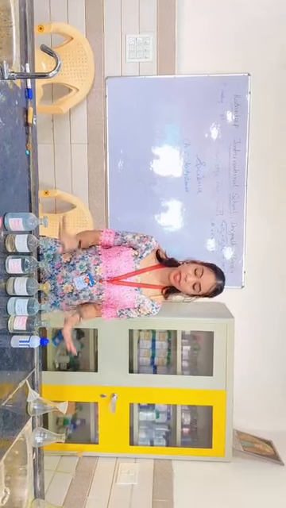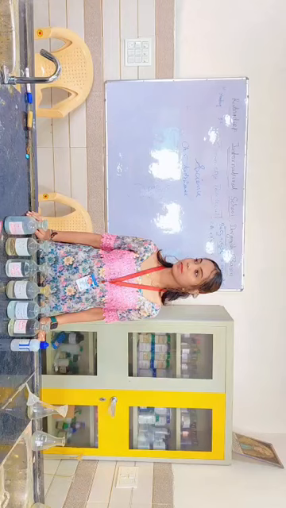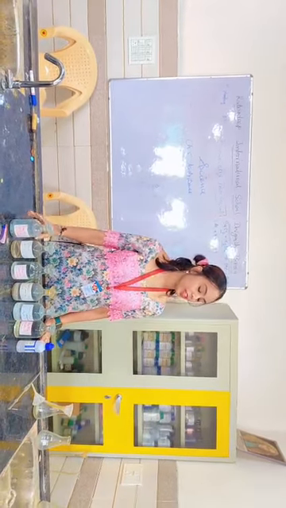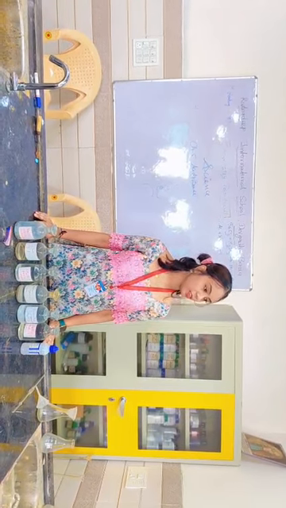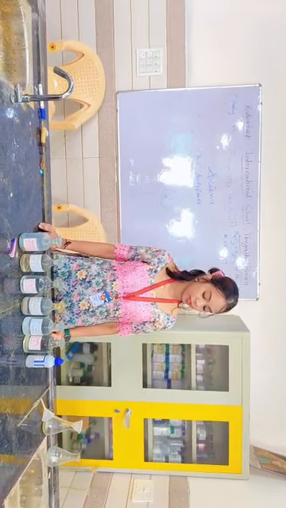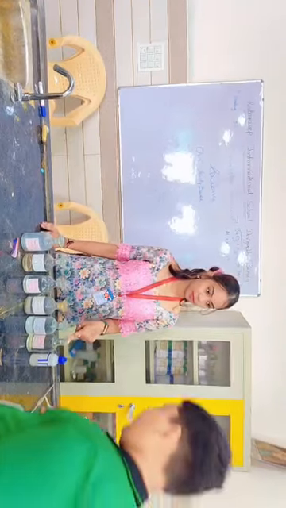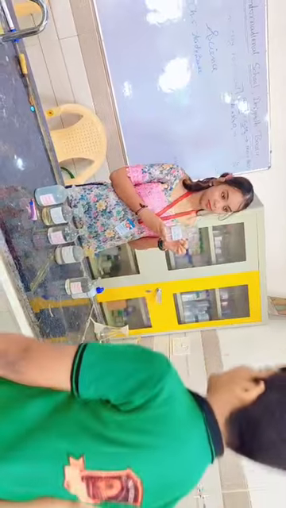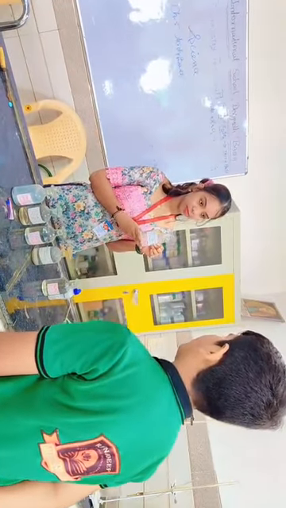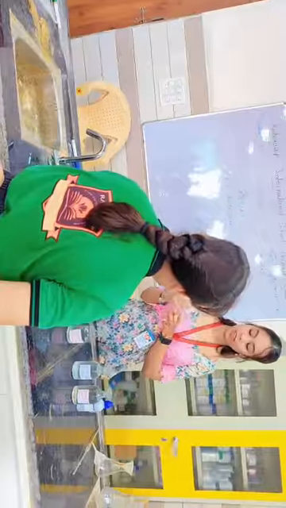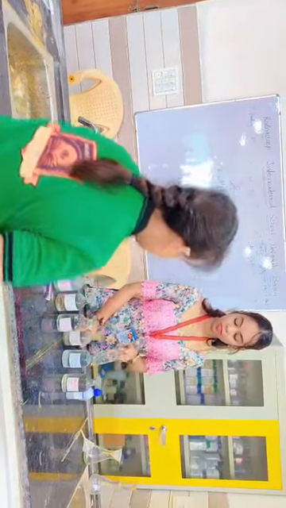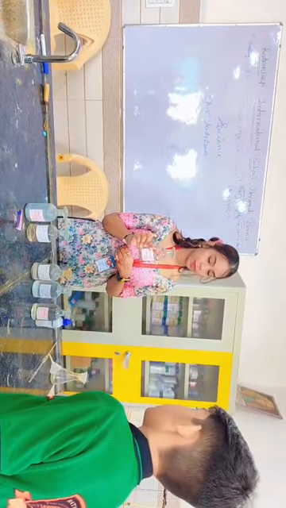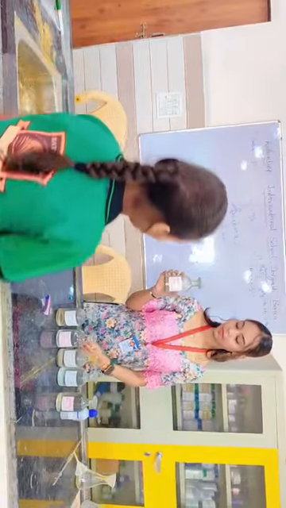What you can see here on the table, what is being displayed? Chemicals. So can any one of you read the name of these chemicals which are kept here? Come on, Branch. Which is this chemical? H2SO4. Okay. NH4OH. Okay. KOH. Okay. So next, come quickly. COOH. Okay, good. NaOH. Okay.